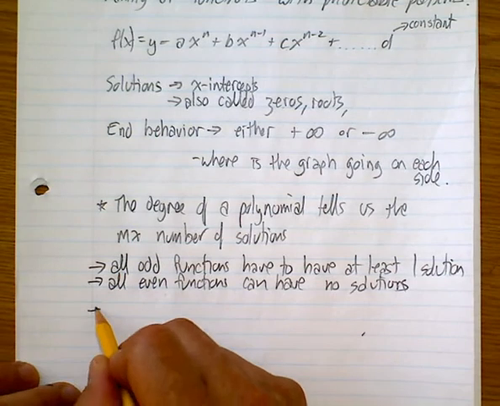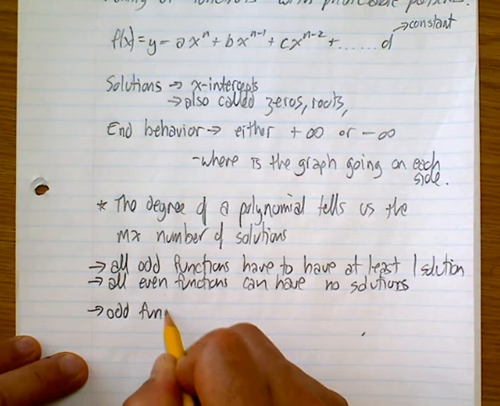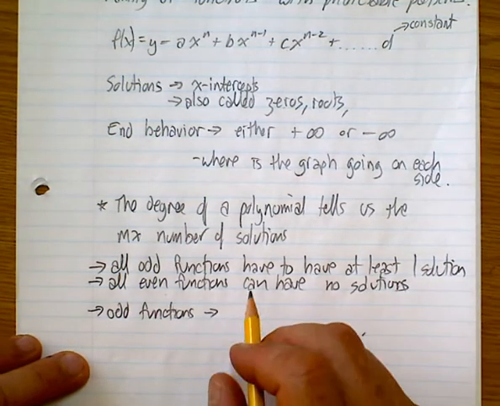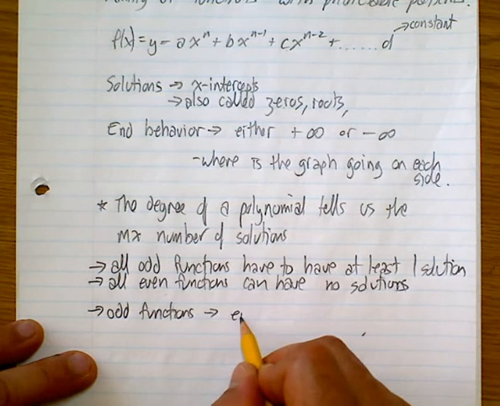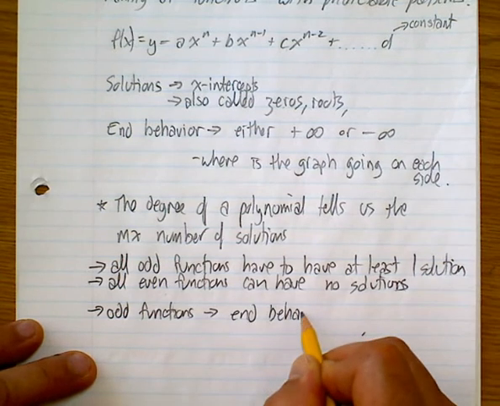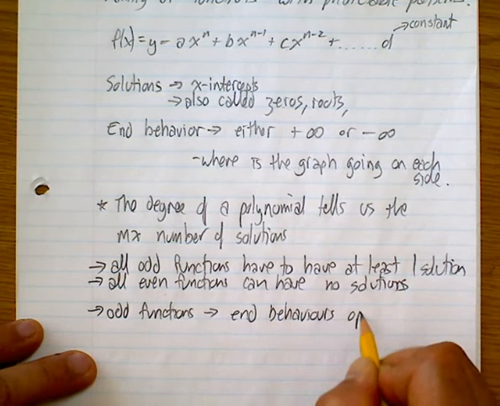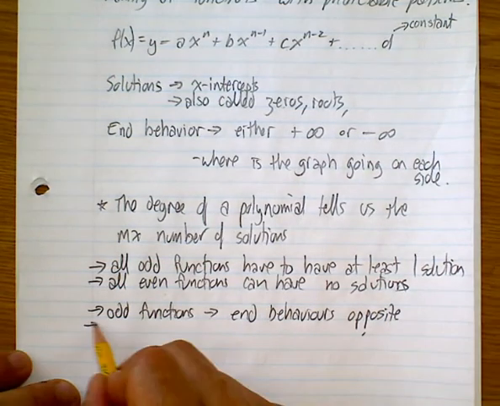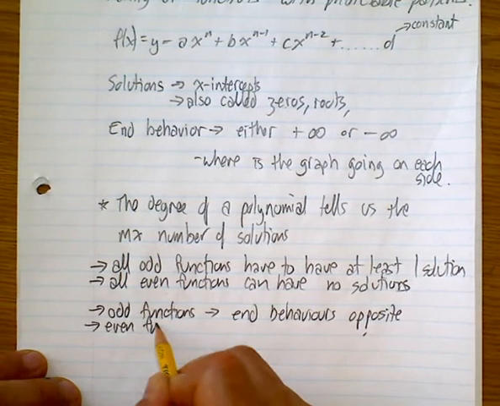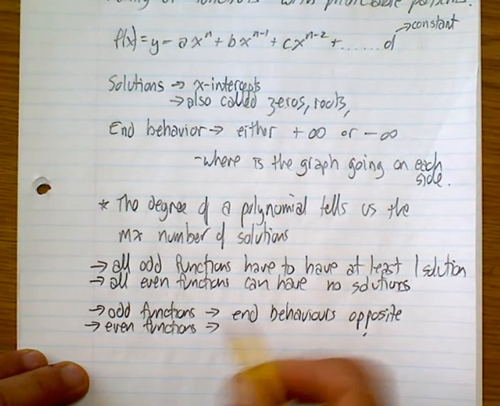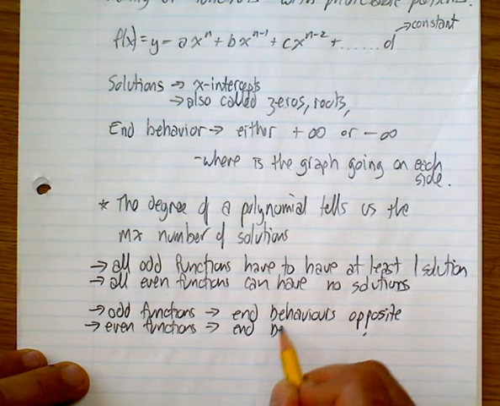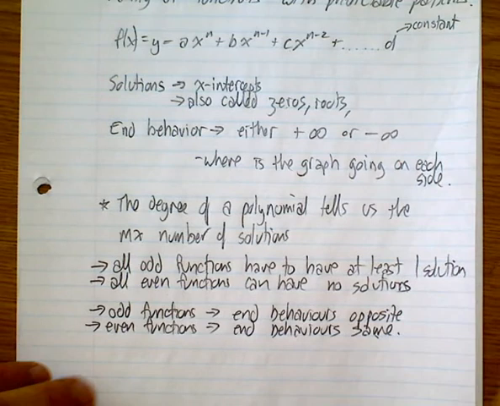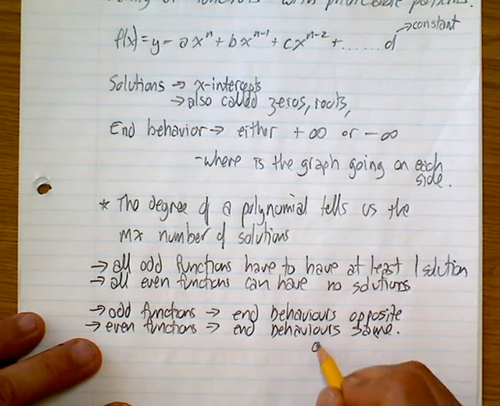So let's look at odd functions again. Odd functions have end behaviors in opposite directions, right? Even functions have end behaviors the same. So they either open up, we call it open up,